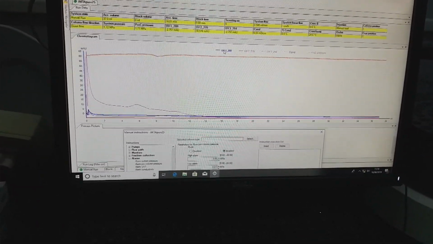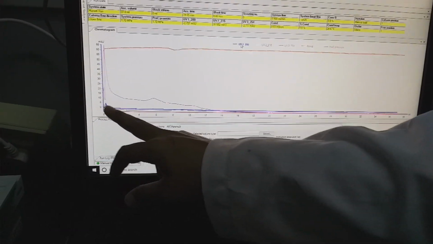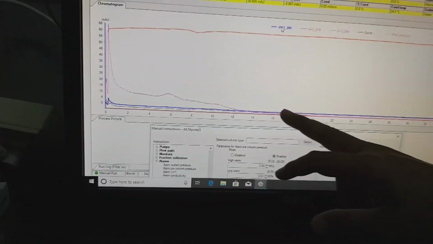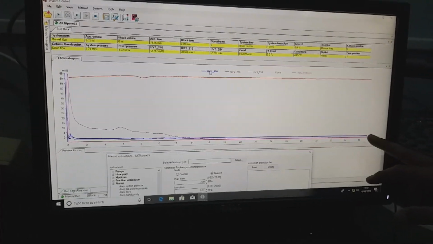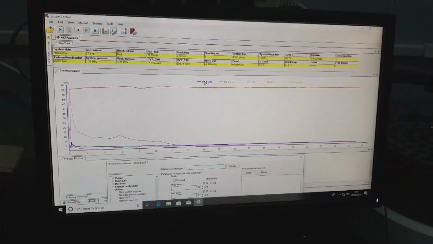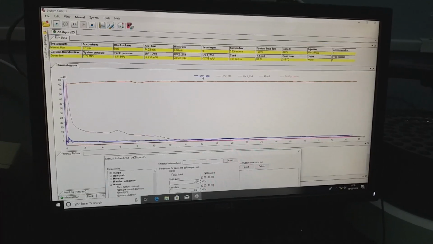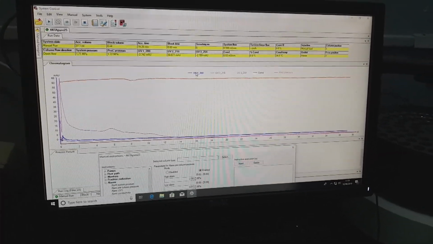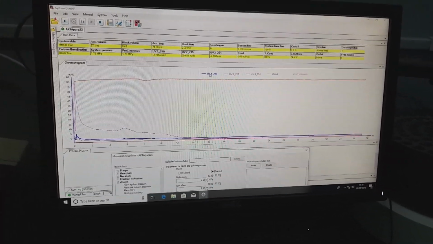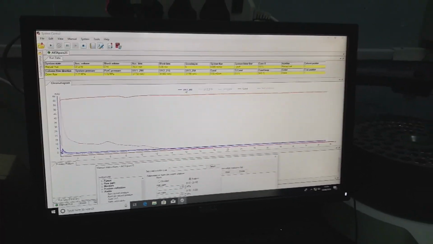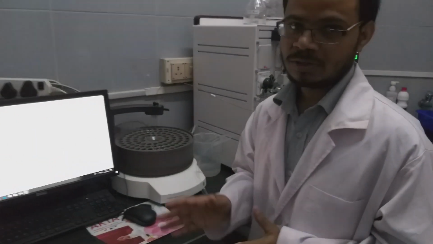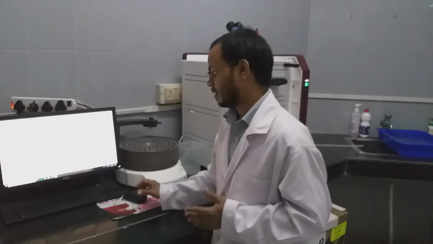We can see there is an initial spike, but gradually the curve flattened. That means there are no contaminants, and now the column is ready to inject the protein. So we will inject the protein, and we will show how to inject protein also. Then we will show the pattern of how they are eluting.